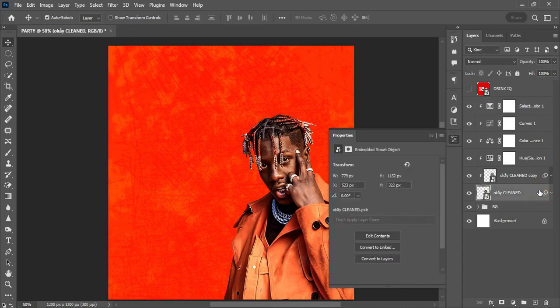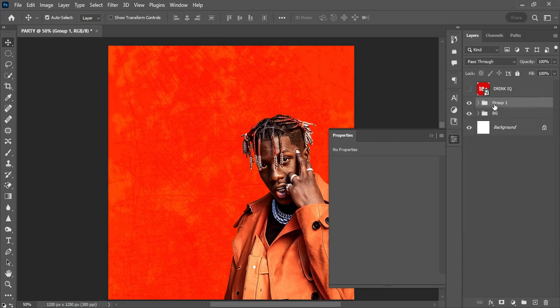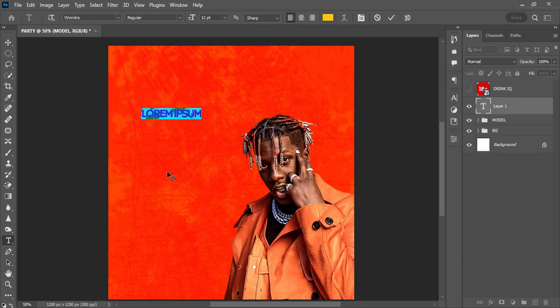So after I'm done with that, click on the first layer here, hold shift, click on the last layer here, and hit Ctrl G to group this. I can call this model. Okay, that is for that. So after I'm done with this, the next thing we'll have to work on is the title, that is the theme of the event. So I'll come over here, pick my text tool, left click here, and type in